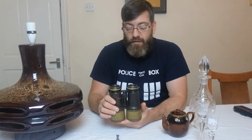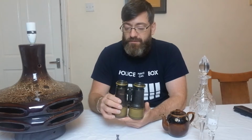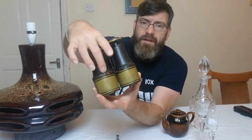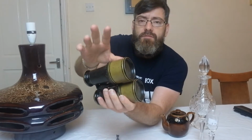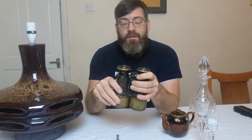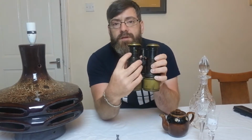Now they'd had a tenner on them, but as I was looking at them and fiddling with them, she offered them to me for 8. As I've said, they're a little rough and ready, and as you can see, a little bit of leather peeling there, a little bit loose. But they have really good lenses, they work. Everything on them is as it should be. They're just a bit rough, but what I really liked about these, I don't know if you can see that, but there, guys,